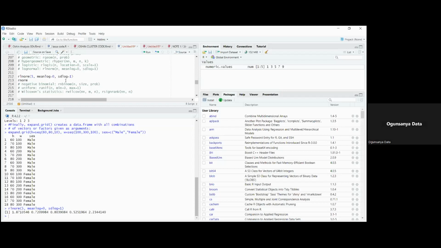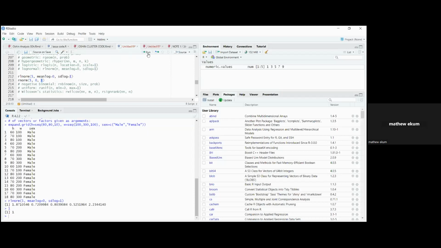But if this is for normal, I'll just have, I'll put a 5. That is the number of observations I have. I can put 0 as well and 1. If I run this, it's just telling me that my n number of observations is 5, the mean is 0, and the standard deviation is 1. If I run this,